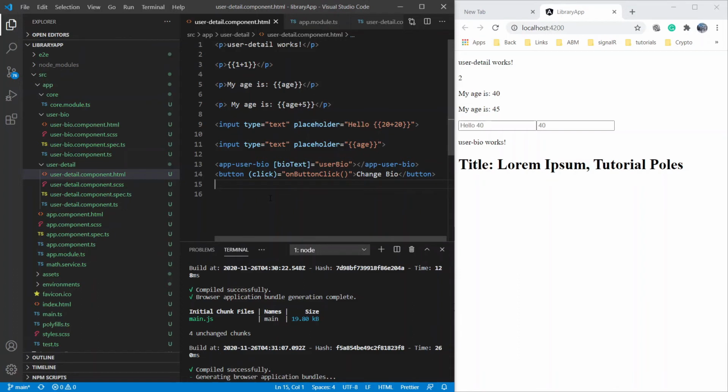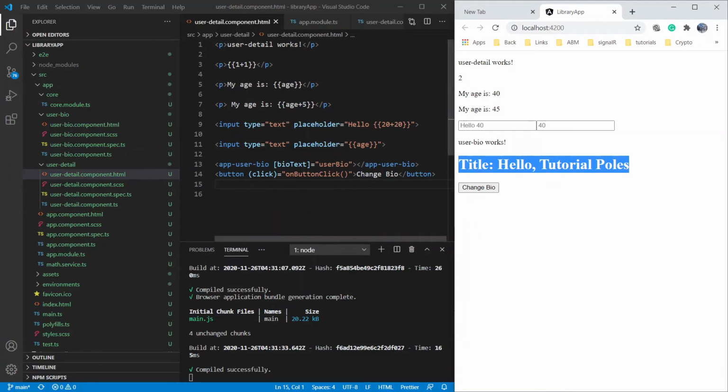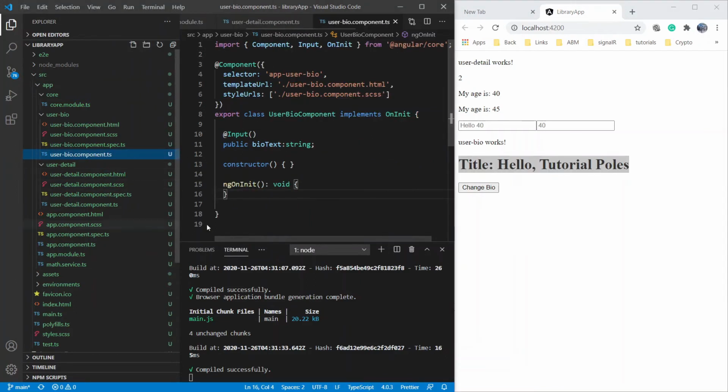For now, let's save the change and observe the browser. Now click on the change bio button and see the property value has changed the text on UI. Let's see one more thing. If you remember from the section where we discussed lifecycle hooks, ngOnChanges was not firing. Let's now add ngOnChanges back to our user bio component because we have now input data on property